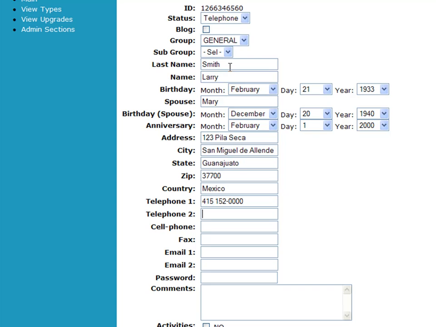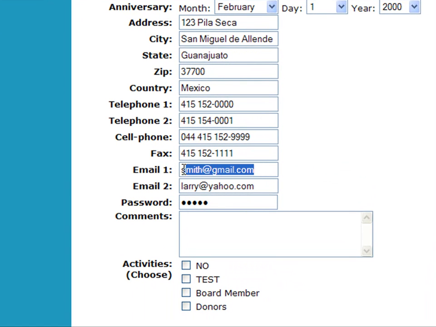Telephone 1, 415-152-0000. Telephone 2, 415-154-0001. Cell phone, 004-415-152-9999. Fax, 415-152-1111. Email 1, smith@gmail.com. Email 2, larry@yahoo.com. Password 12345. Email 1 and password will serve as the username and password so that members can access their records